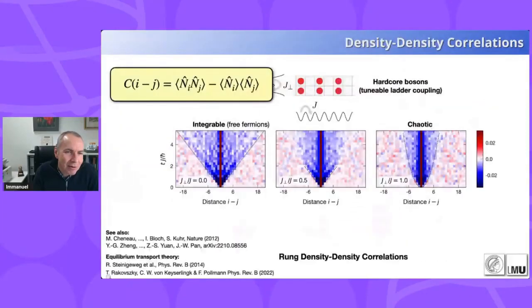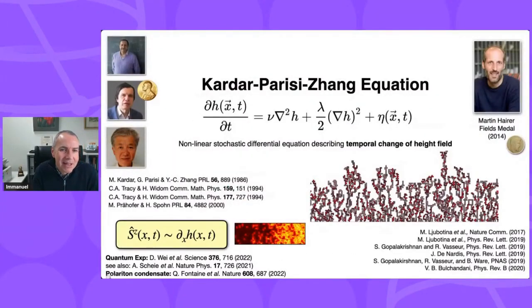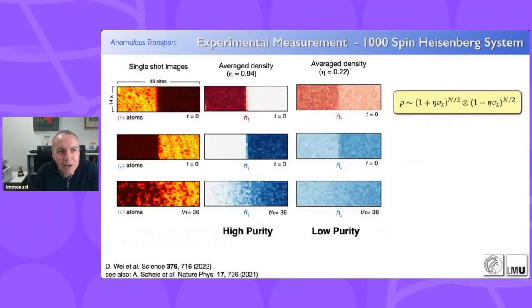I just want to give you maybe a simpler example that was actually connected to spin transport in one-dimensional systems, where we're trying to set up a one-dimensional Heisenberg chain, and we want to learn about the nature of spin transport in the system. So we can set up, for example, a domain wall that you can see here, all the spins up here, all the spins down on the right-hand side at time 0, and then we let this magnetic